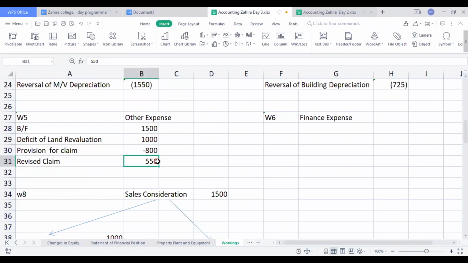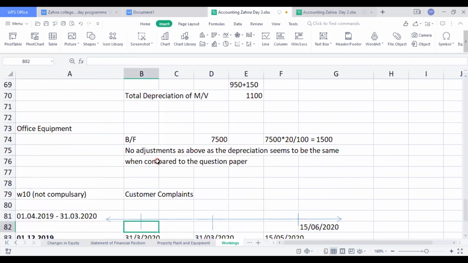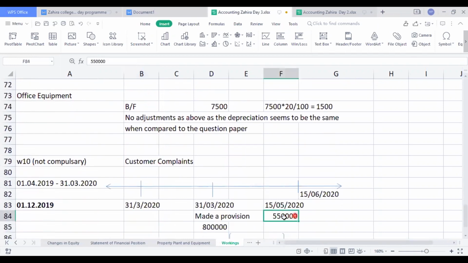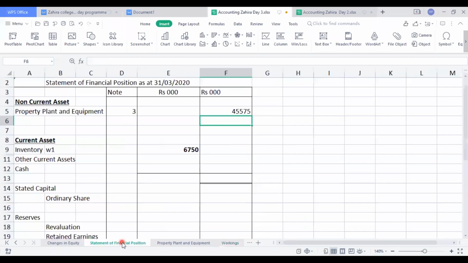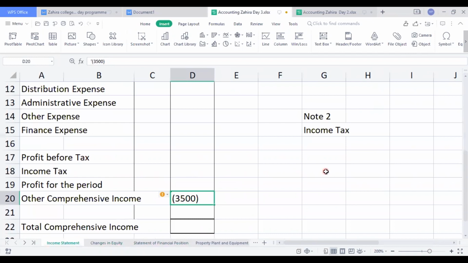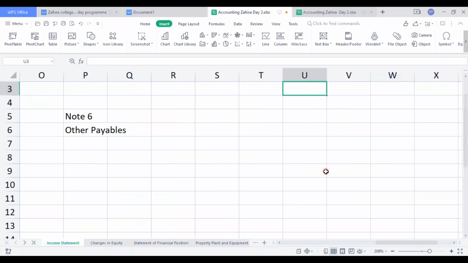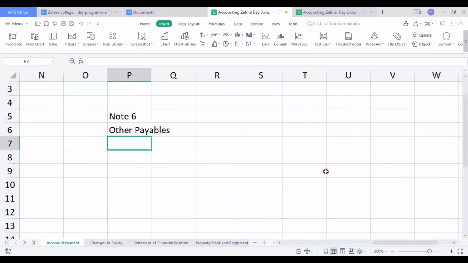And the 550 is not given at this year end. If you can see, this 550 is paid after the year end, which means this is not related to this particular period. Because our year is ending on 31st March, it is relevant to the next year. So I will take this 550,000 under current liabilities. How will I take it, guys? Rather than saying current liabilities, I will start writing in my notes. I'll write here as